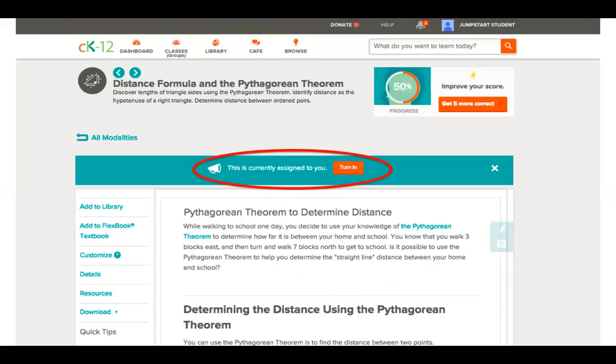And then one thing we wanted to make sure you realize is that we have added a teal bar here with the orange Turn in button. Students do need to press the Turn in button after completing an assignment. That's how it gets turned in and submitted for you to see on your end, for you to get a report. So here is where it is at the top of a read. It looks similar when we do practice. You'll just see the Turn in button that students do need to press at the end of an assignment.